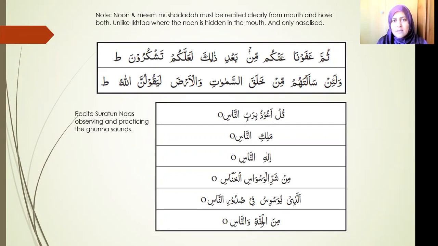Okay, so I'll recite the next line. Somebody else can unmute and recite the next example. وَلَئِن, so that's ikhfa there. I'm going to keep my tongue away from the makhraj of the noon in our mouth, and I'm going to do a 2-count nasalization. وَلَئِن سَأَلْتَهُم مَّنْ خَلَقَ السَّمَاوَاتِ وَالْأَرْضَ لَيَقُولُنَّ